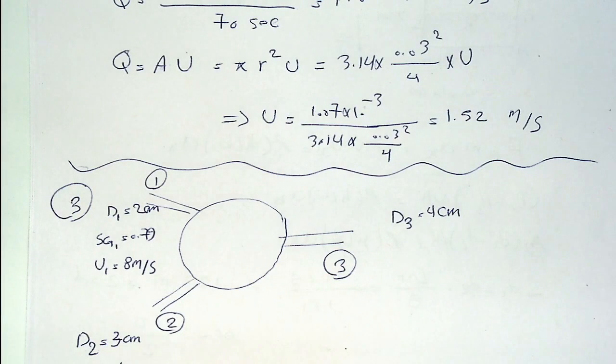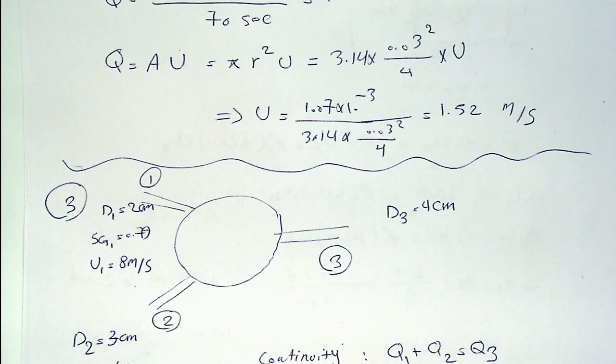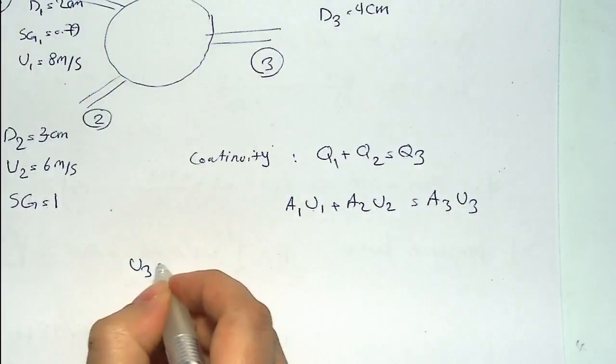Okay, so by using the continuity equation, we know that Q1 plus Q2 would be equal to Q3, and Q is equal to the area multiplied by the velocity. So A1U1 plus A2U2 would be equal to A3U3, and we have everything in the question. A1, U1, A2, U2, and A3 are given to us, so we can easily calculate the U3. And yes, thanks. U3 would be